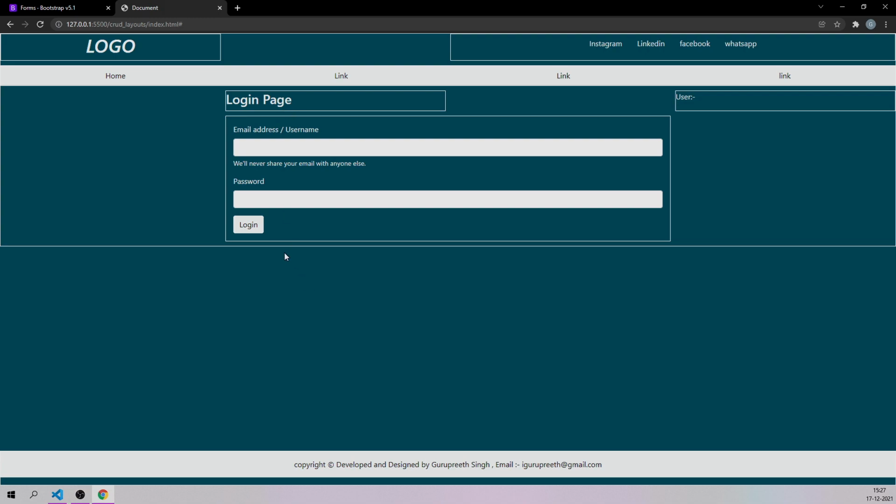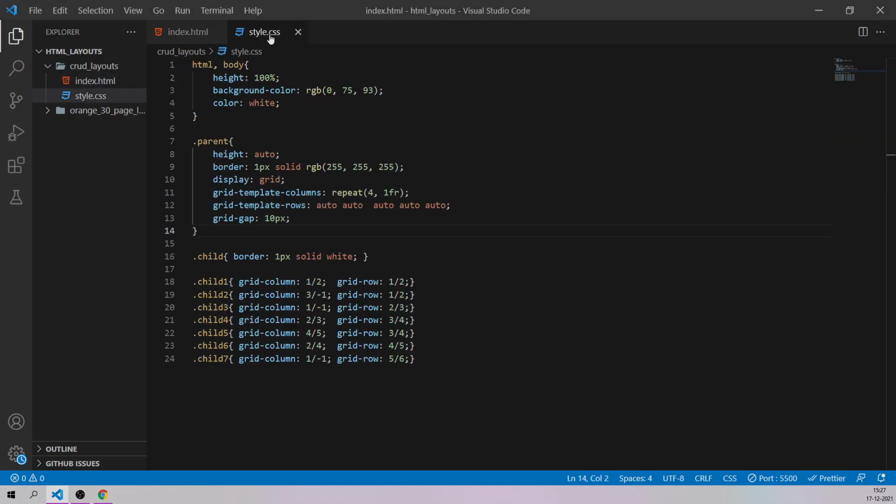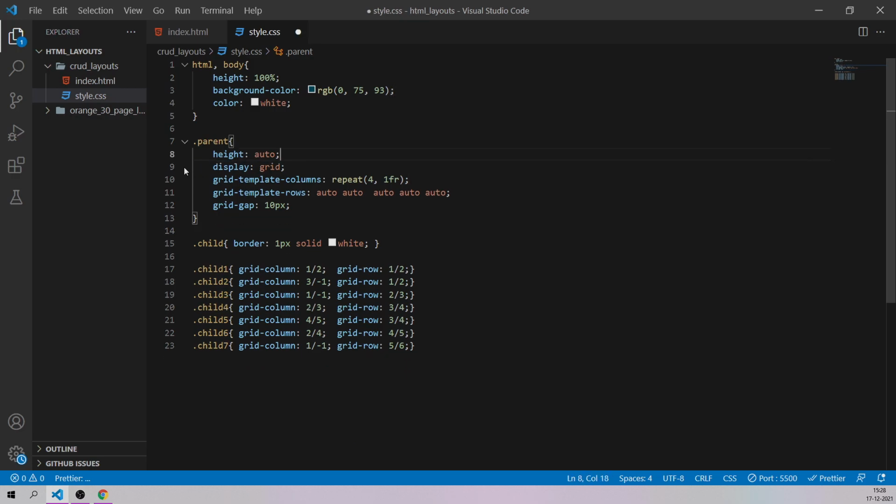Now remove the borders from each and every child element as well as the parent element, and let me show you the design page. Let me come back to the style.css. First of all, let us remove the border from the parent. And from all the child elements, let's remove these border properties.